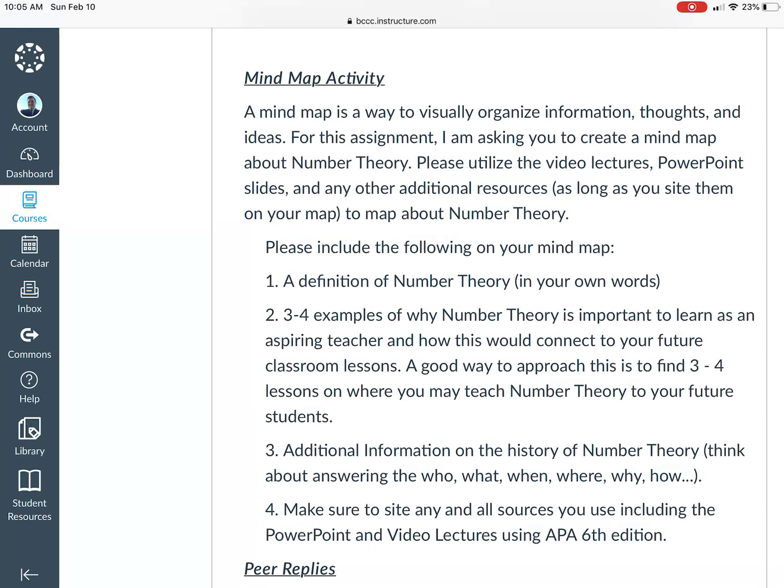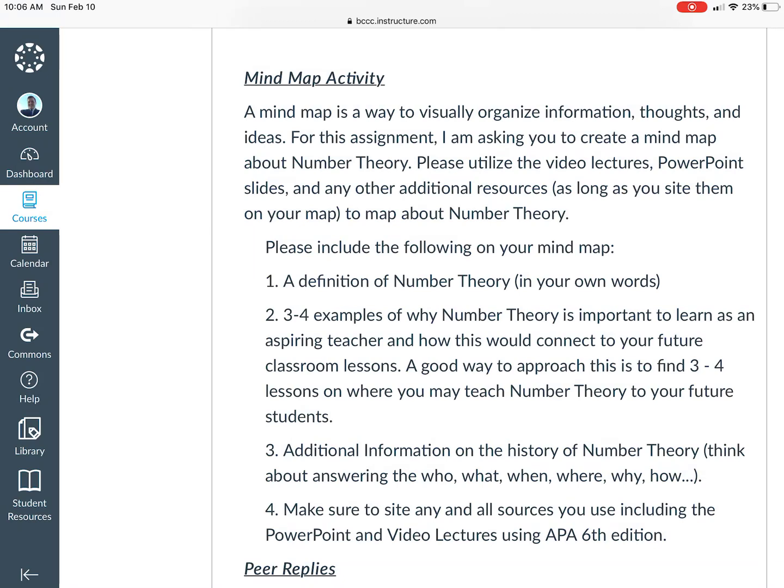You can utilize PowerPoint, you can use another tool, Microsoft Word even. Whatever tool you want to use to create your mind map is up to you. There is Google Drawing you could use if you wanted to explore with that a little bit, but there are a lot of different options, so I'm encouraging you to actually go out and explore mind maps,